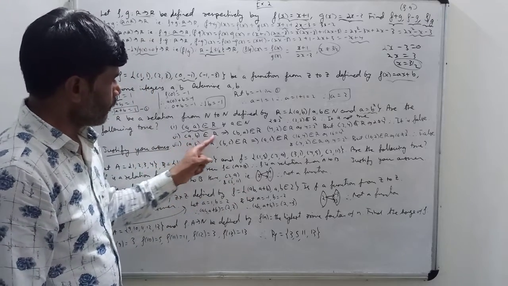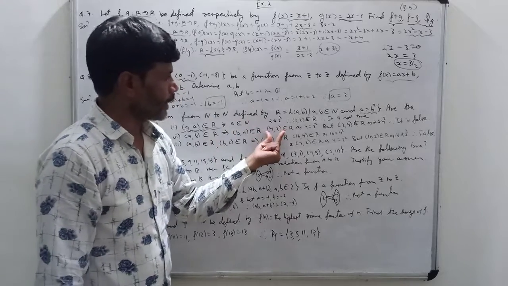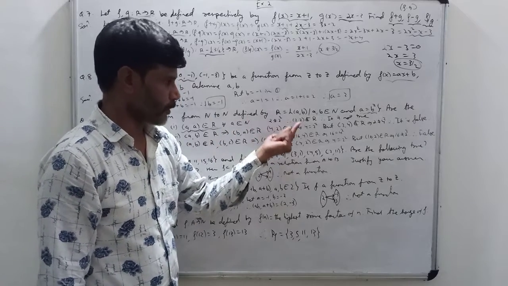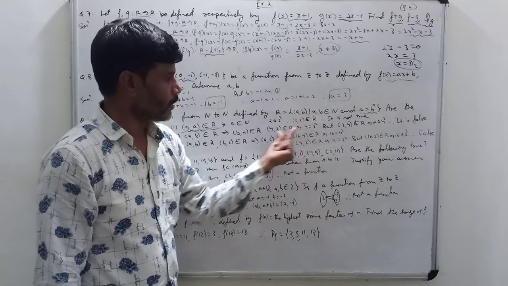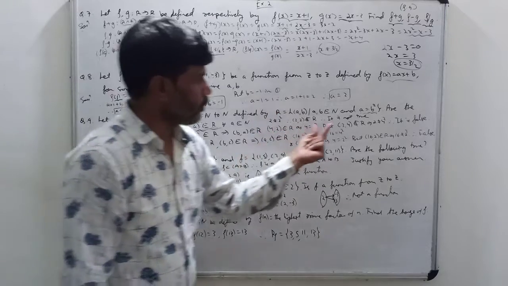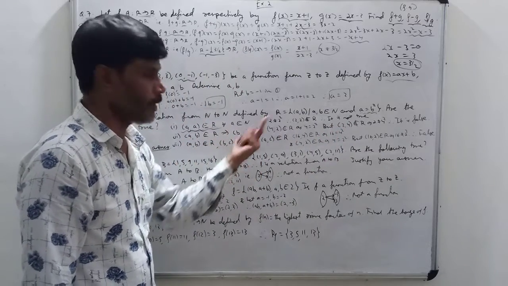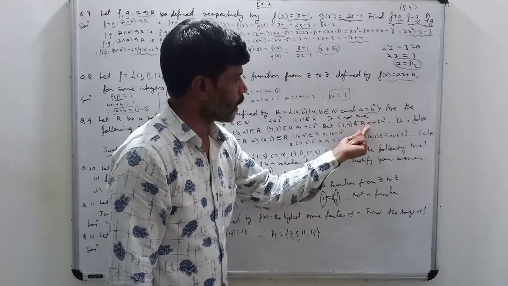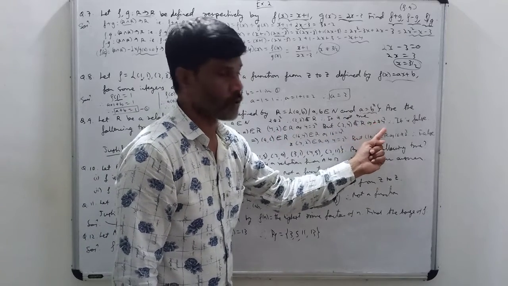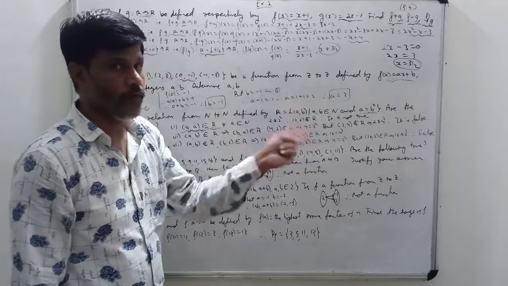Now second, (a, b) belongs to R. Does it imply that (b, a) belongs to R? Okay, let us check. I am taking one element (4, 2). (4, 2) is an element of R. Why? 4 is equal to 2 square. So therefore (4, 2) belongs to R. Now I will check (2, 4), because when (a, b) belongs to R, we want to check (b, a) belongs to R. Is (2, 4) in R? No. Why? Because 2 is not equal to 4 square, 2 is not equal to 16. So therefore (4, 2) belongs to R, but (2, 4) does not belong to R.